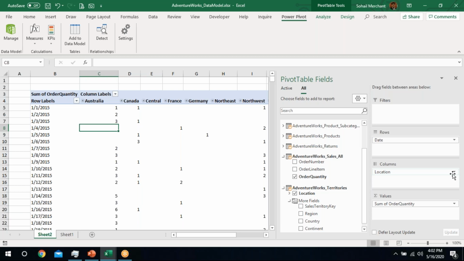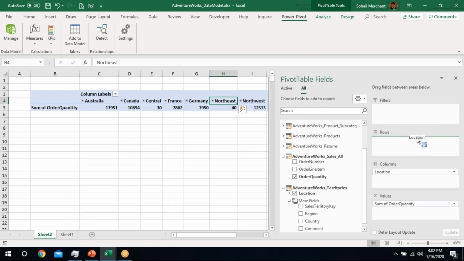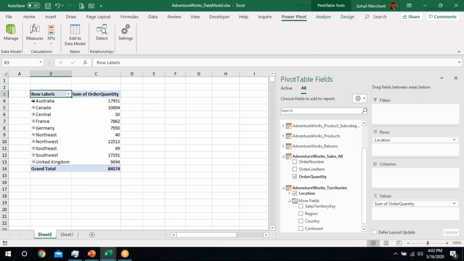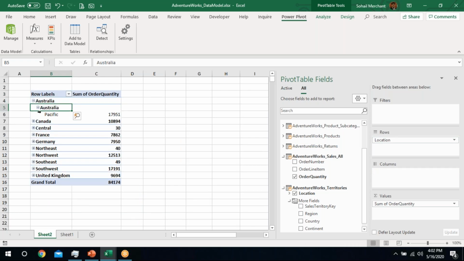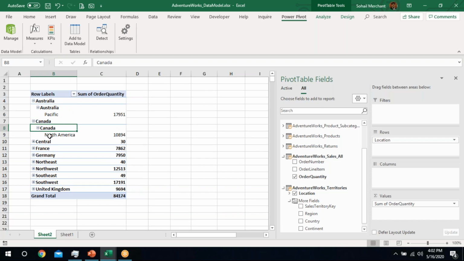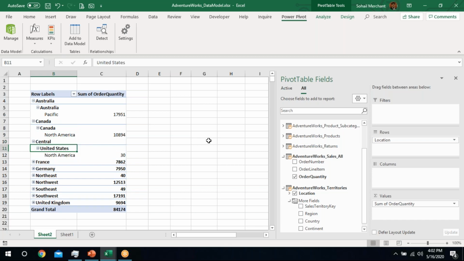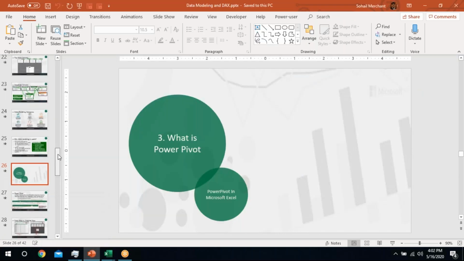Now you can see, as soon as I just click on this hierarchy, or let's suppose dragging this out, and yes, I can analyze my data with respect to region, with respect to country, and with respect to continent easily, because I have made a hierarchy in my data model environment under Power Pivot, right? Same, this is the beauty of Power Pivot. What is the difference between Power Pivot and the normal pivot?